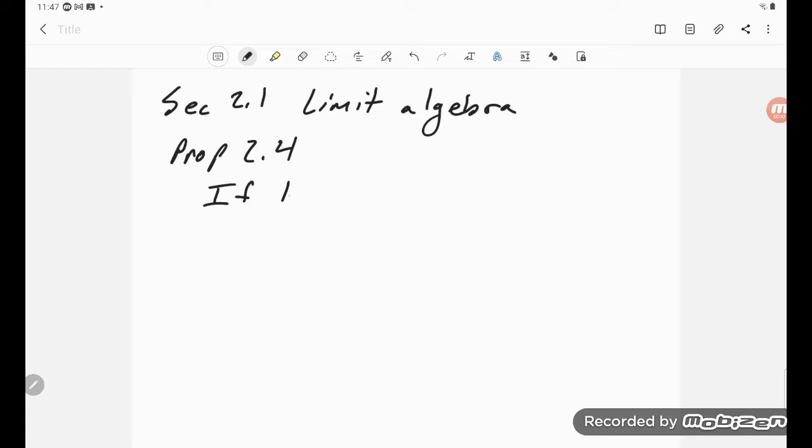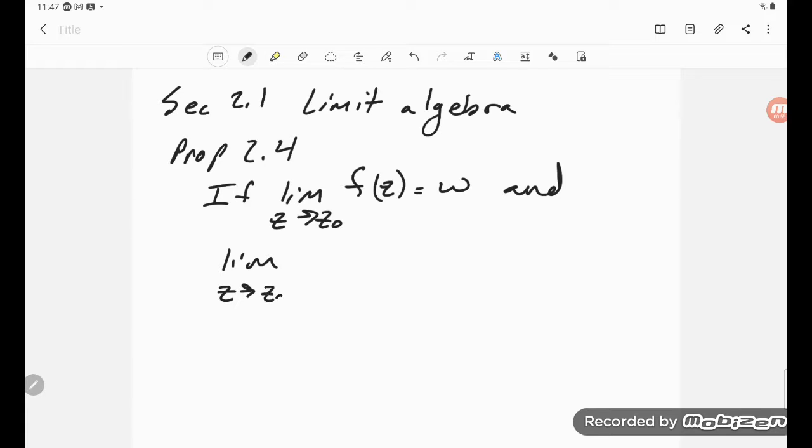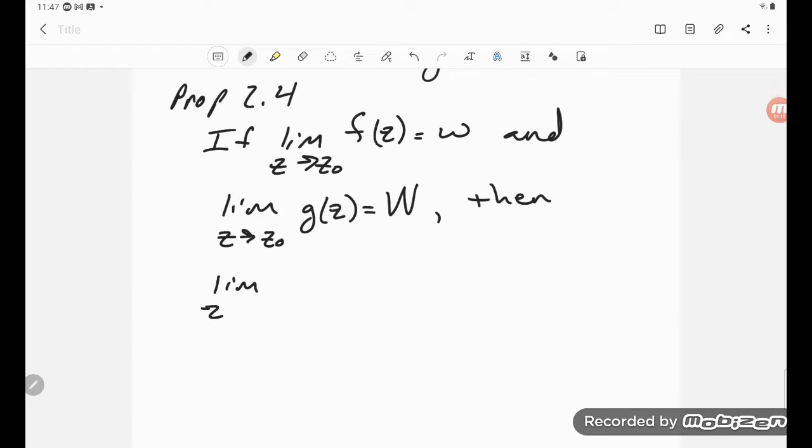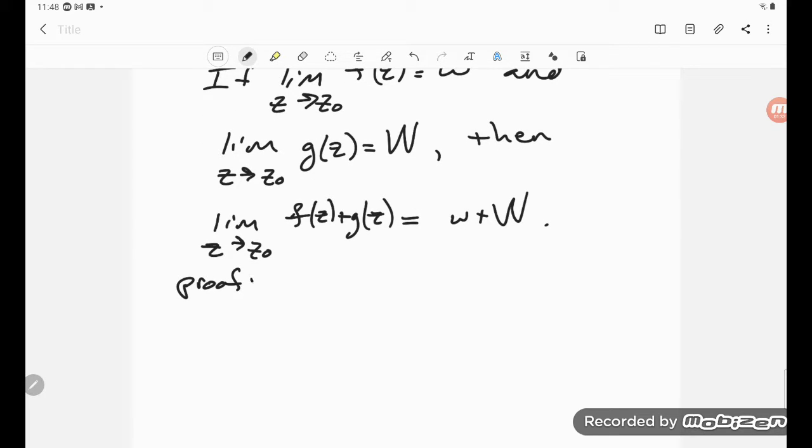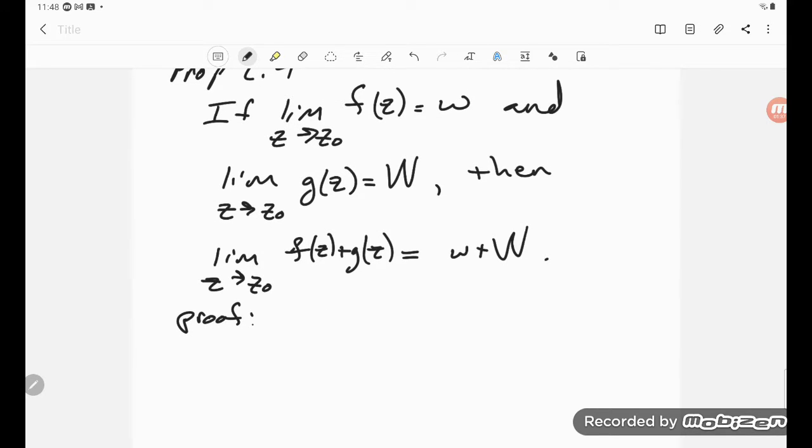If the limit as z goes to z naught of f of z is equal to, say, little w, and the limit as z goes to z naught of g of z is equal to big W, then the limit as z goes to z naught of f of z plus g of z exists, and it's equal to w plus big W. Okay, and now, so for the proof, if you use the epsilon delta, well, since the two limits exist, then